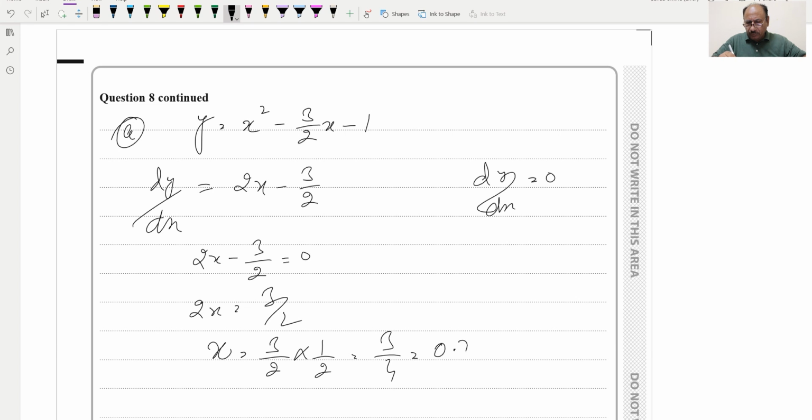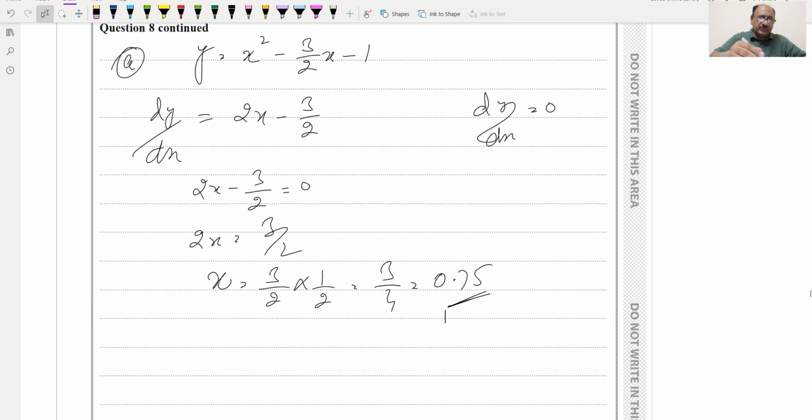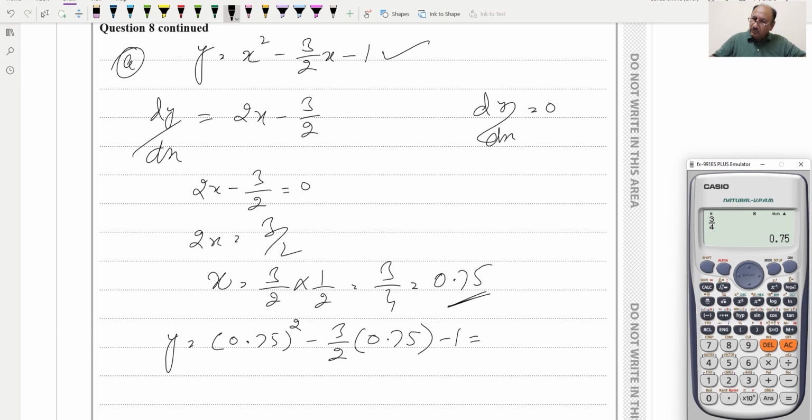So 0.75 will be the x value, and we can replace this value in the original equation to get the value of y. So y is equal to x squared, which is 0.75 squared minus 3 by 2 times 0.75 and minus 1,